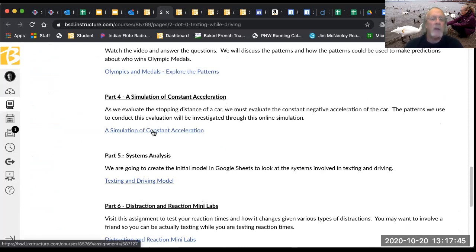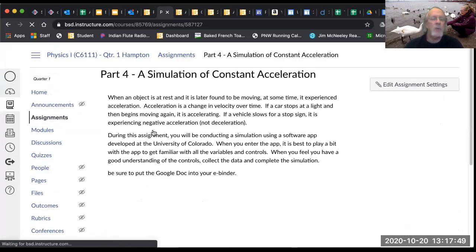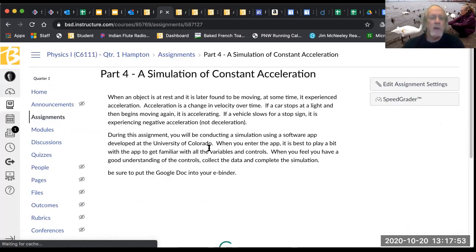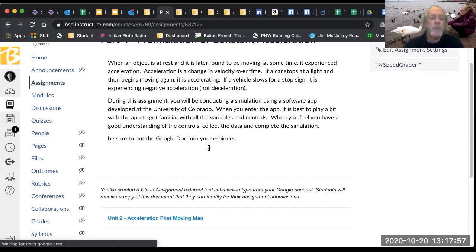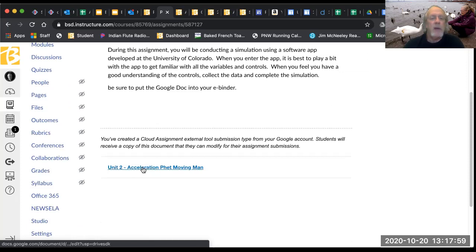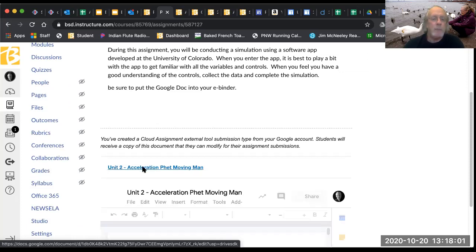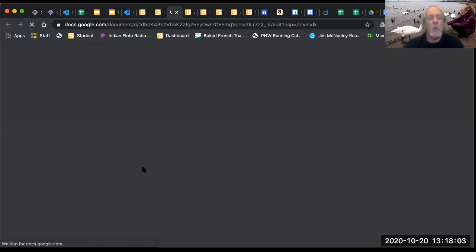Okay. And so what I want you to do is go into this assignment. And this assignment is going to be a Google Doc. And it's called The Moving Man. So when you go into this Google Doc,